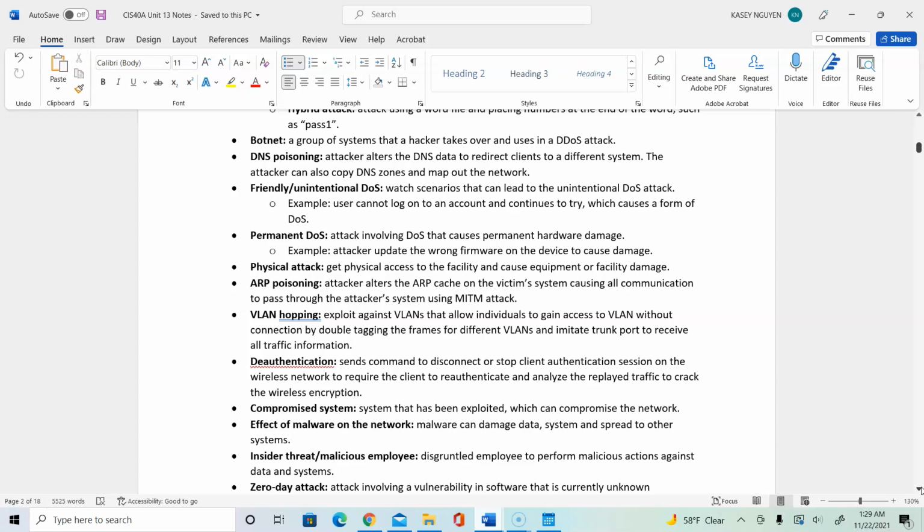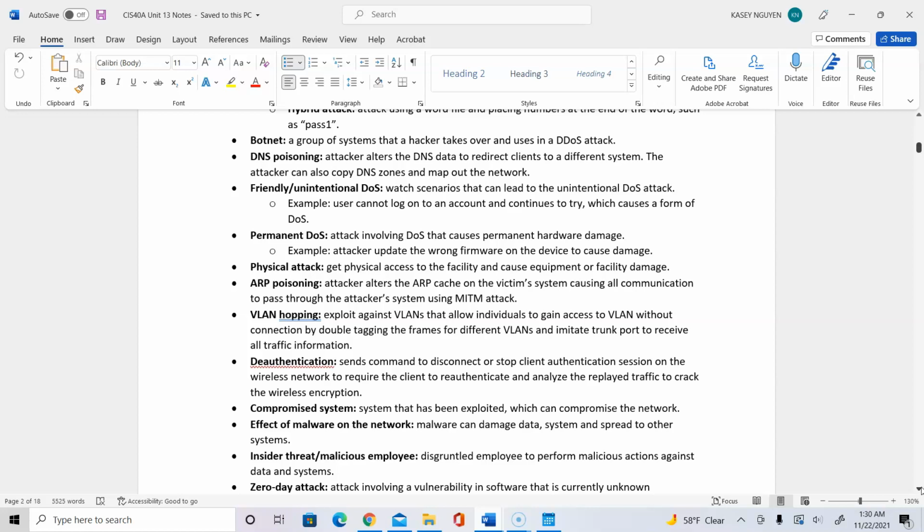That changes the communication that's passed from the victim system to the correct destination, but instead it will be passed to the attacker system. It's often used for man-in-the-middle attacks, and so this is a way that they can intervene in the conversation